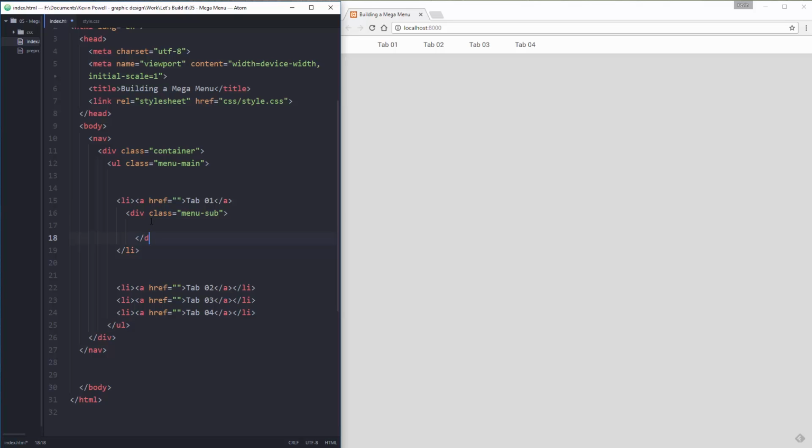And I'm going to close that div. The way I'm doing this is I have my main menu and then I have my sub menu, but I'm starting everything with menu just so in my CSS I can be nice and consistent and I can know exactly what's going on. And I'm making this a nice big div, and inside of this div I'm going to come around and I'm going to add some things in there,